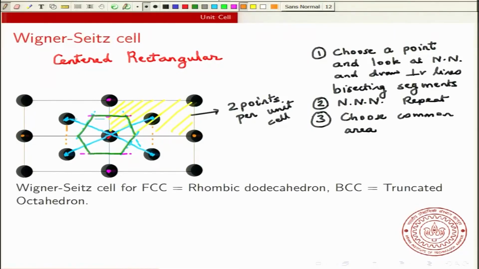So, this is the basic construction of a Wigner-Seitz cell. And you can do this for any lattice. So, what do we get at the end? At the end you get this, this is your primitive cell,